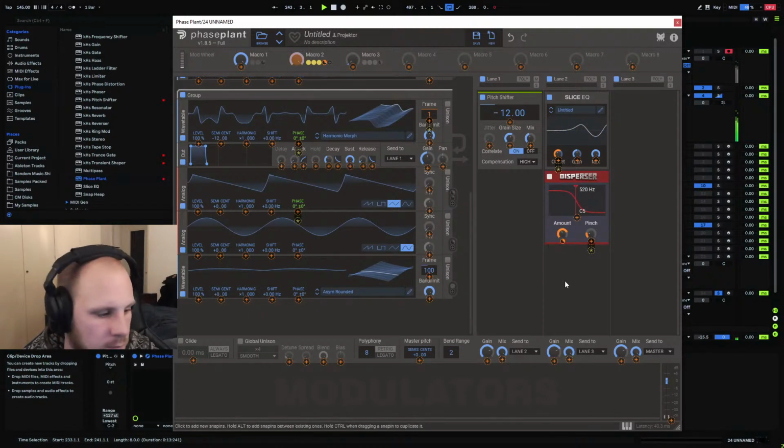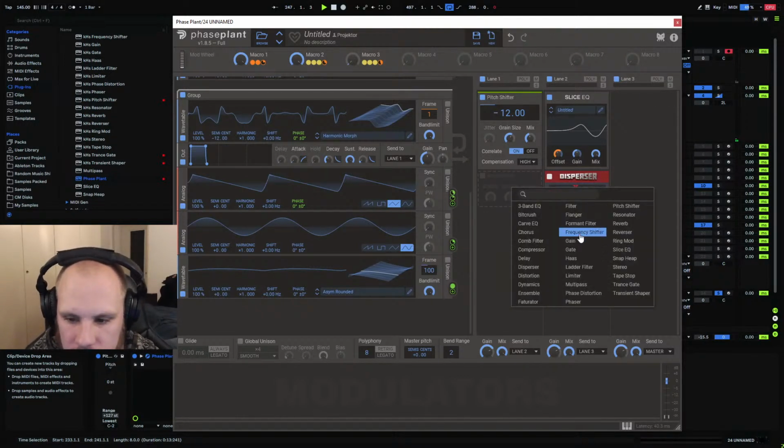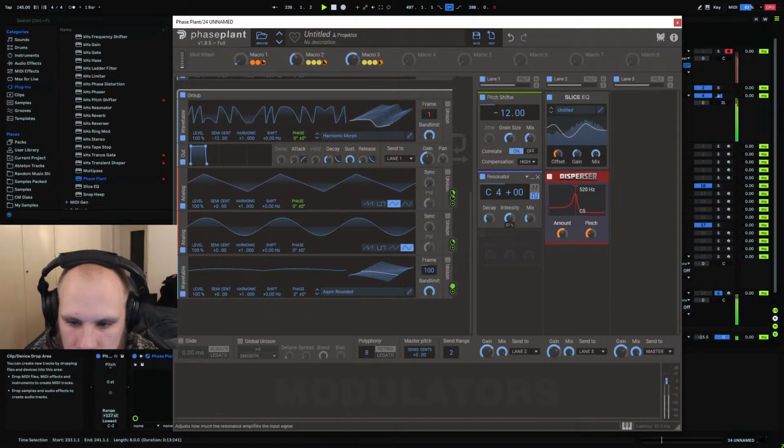I'm just messing about with some of the different effects that we have and see if we can create some more difference in the movement, in the tone. I guess it would be cool to have a more stable key. Let's bring that down to